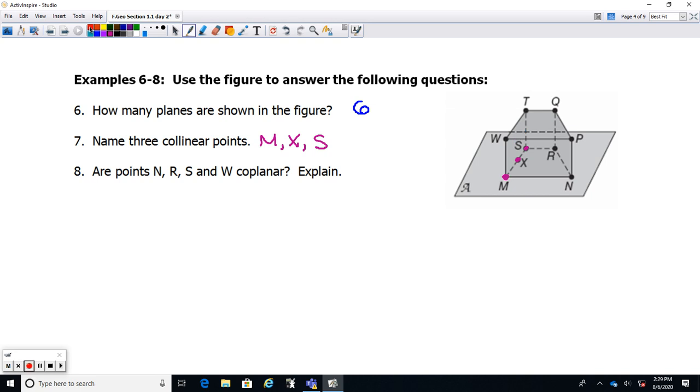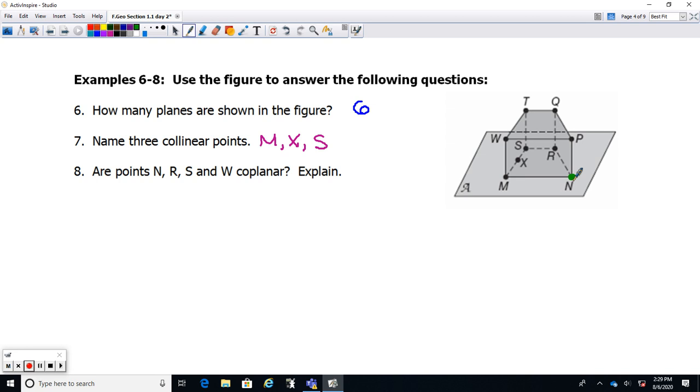And then back to another question we had earlier in day 1. I just want to keep practicing some of these. It wants to know 4. Again, remember yesterday I told you 4 points could give us some trouble, so we have to figure out if they're all on the same plane. I'm going to erase these collinear points so we can see better. I'm looking for N